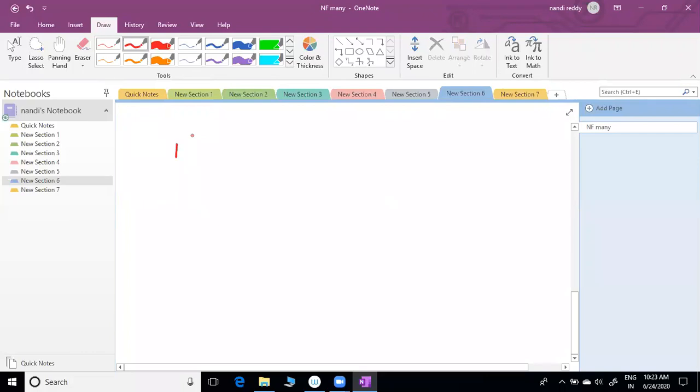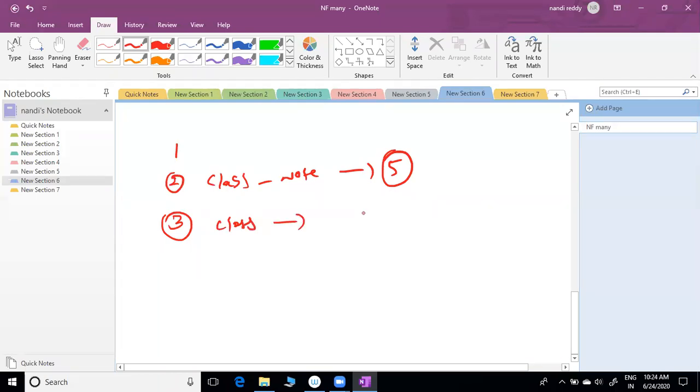Suppose you make a mistake. First time I can leave that one, very simple, sir. But the second time you make a mistake, the class notes, complete class notes, you need to write 5 times. You have to copy our whole theory 5 times. You can think how many pages and how much time it will take. And the third time also you make a mistake, you have to write your class notes 15 times, sir. Is it easy to write your class notes 15 times, or to practice 2 to 3 papers? Which is easy, sir? You can think about that.